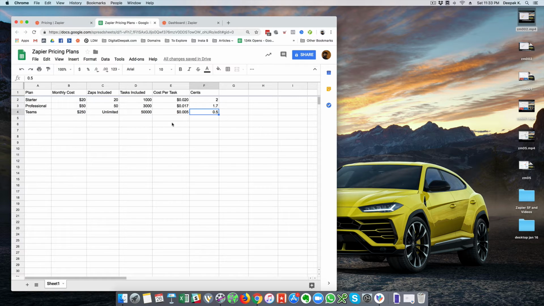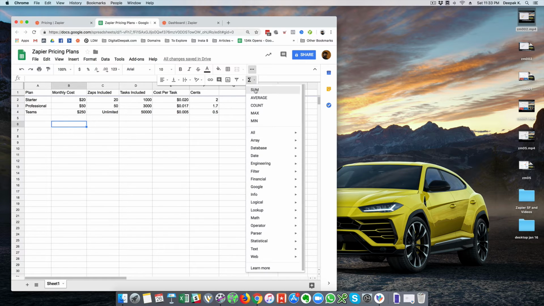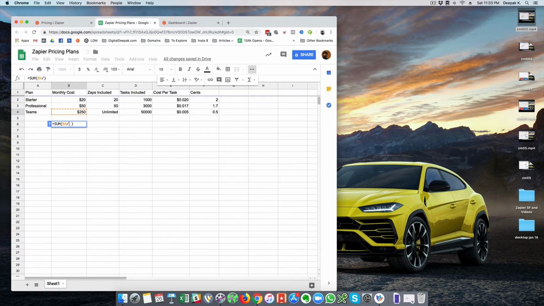So here you can see that if I go ahead and divide this by 5, so let's say 5 people get together and try to use a Teams account. Every person is going to get their own login and every person can go ahead and maintain these apps separately in a separate account, and everything will be connected to the team account, so it will be billed separately.